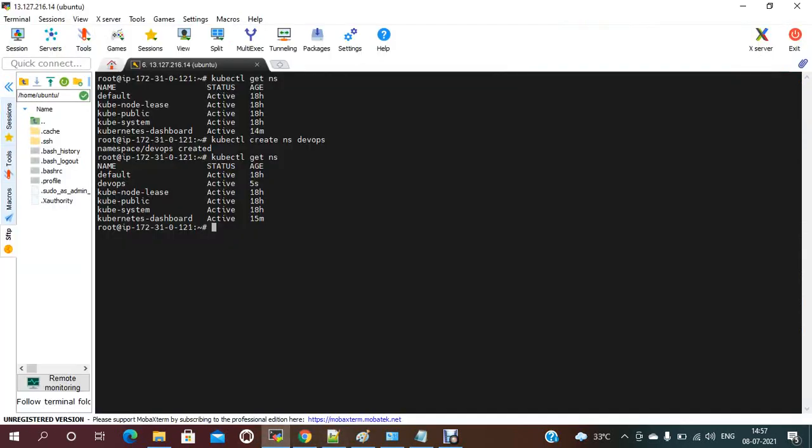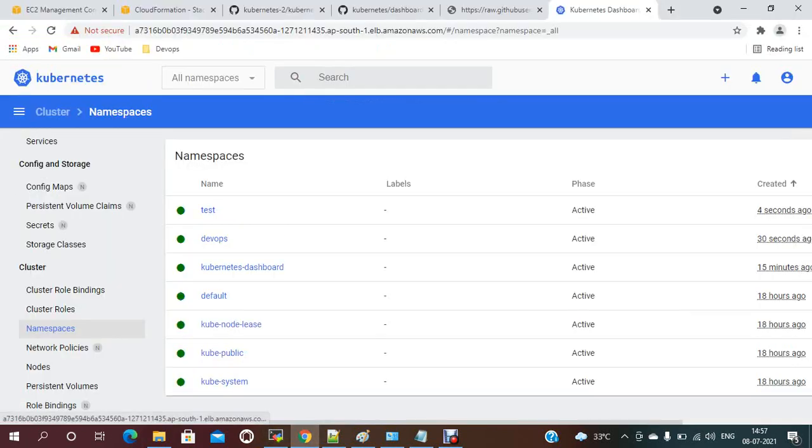So like this, you can create one more namespace also, like kubectl create ns test namespace. So the namespace is created, and automatically it is updated in the namespaces.